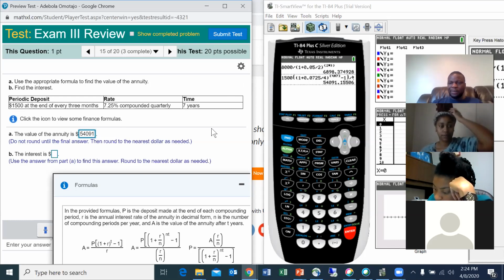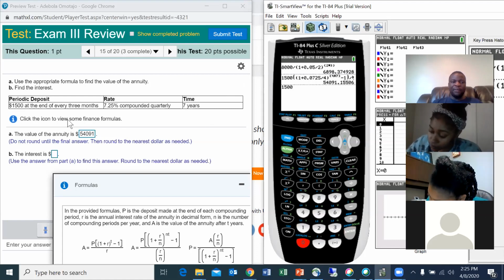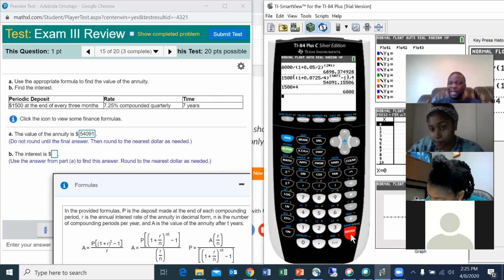To calculate the interest, let's calculate the total money you deposited. You deposit $1,500 every 3 months, pretty much 4 times a year, so times 4. When you multiply by 4, you get 6,000. That's the amount you deposit each year. Then you deposit that for 7 years, so you multiply 6,000 by 7. That gives you 42,000. So you've put in $42,000